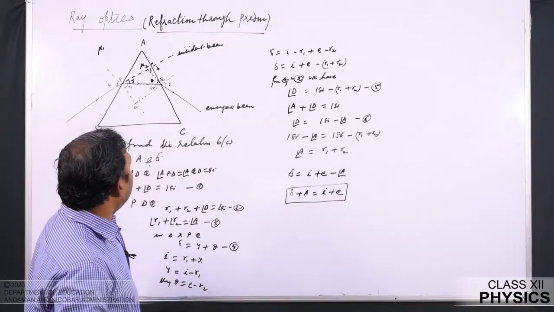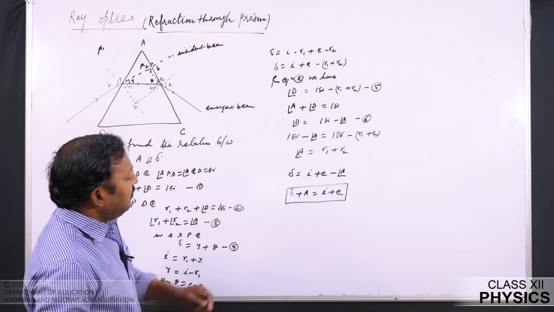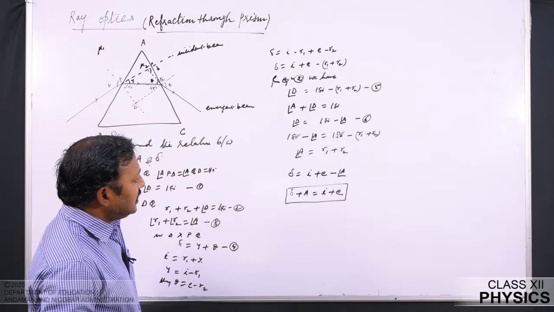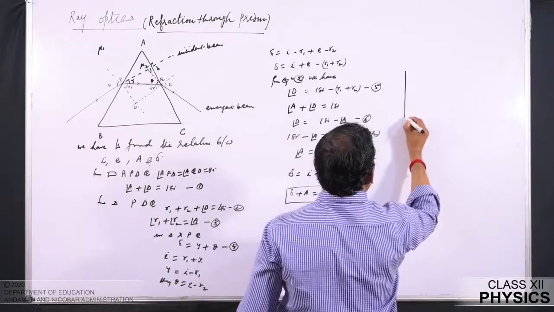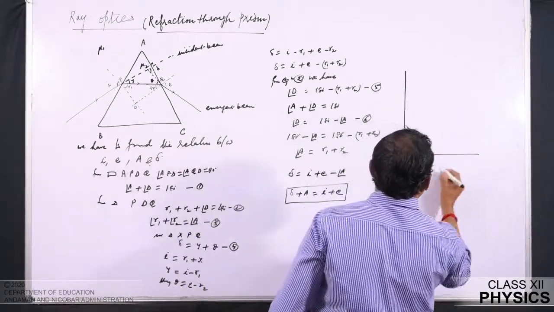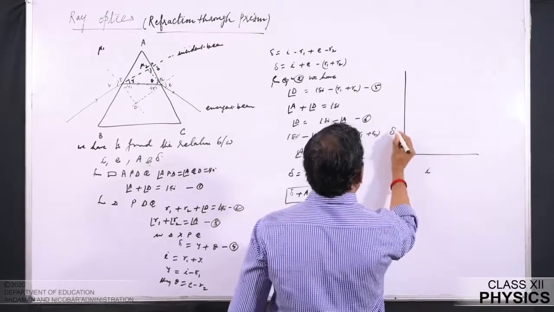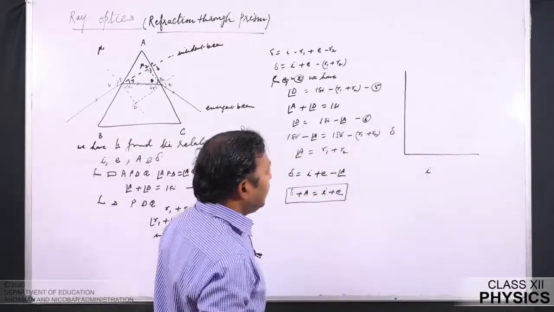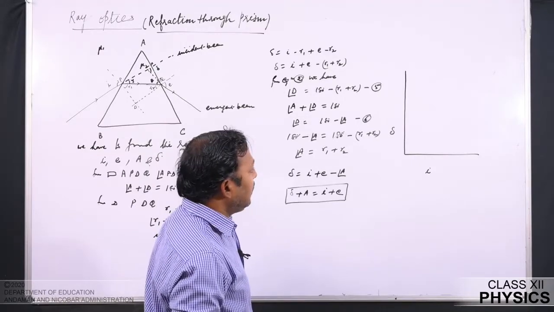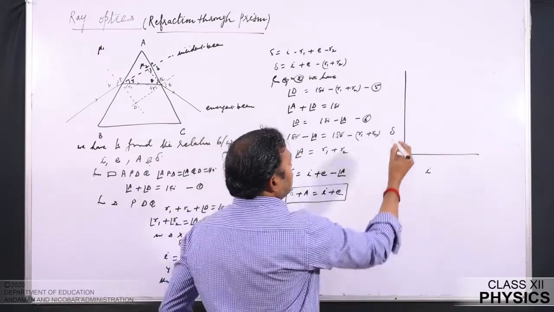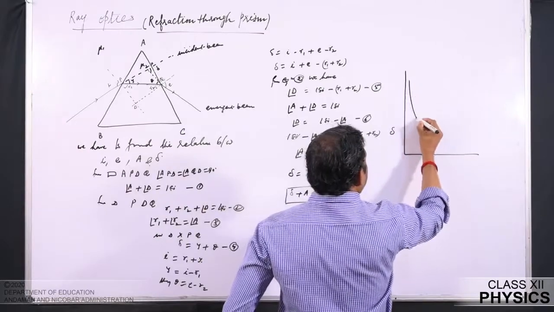Now, when we draw a graph between the angle of deviation and angle of incidence, the structure of the graph will be like this. We have a graph here. So, the graph has been drawn between incidence angle I and deviation angle delta. It is seen that as we increase the value of I, that is the angle of incidence, the deviation angle decreases. At a particular point,